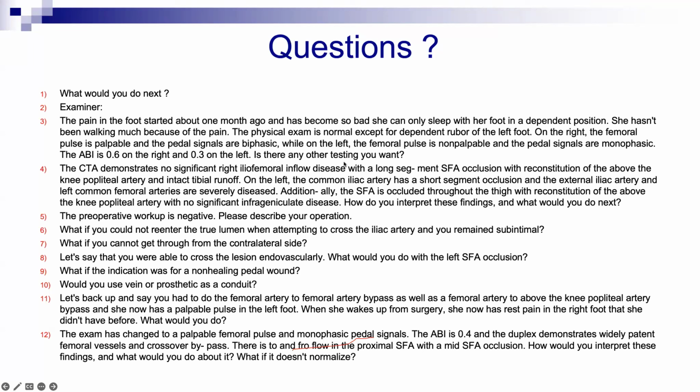So yes, you're doing endovascular, but try to do something that everyone agrees on. Common femoral artery angioplasty and stenting is not 100% approved by everyone, so I will not go through this. Anytime I see common femoral artery stenosis, I will prefer endarterectomy with a patch. Easy surgery, good outflow, good result. If he tells you the patient is very sick, very obese, COPD, coronary artery disease, say okay, then I may try angioplasty, but very carefully with an atherectomy device. But it's not your first choice, unless he pushes you to this situation.